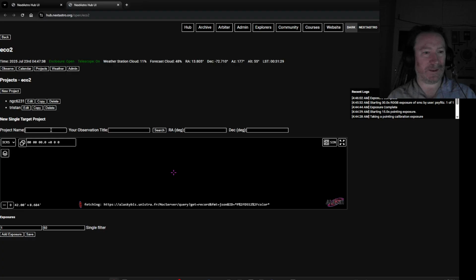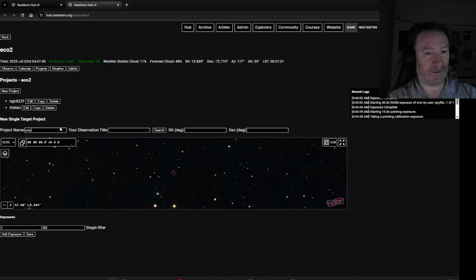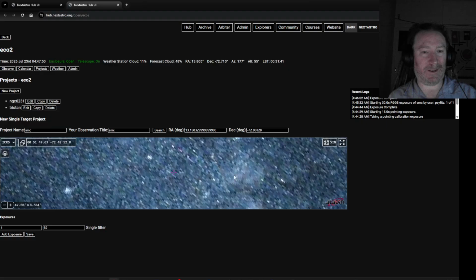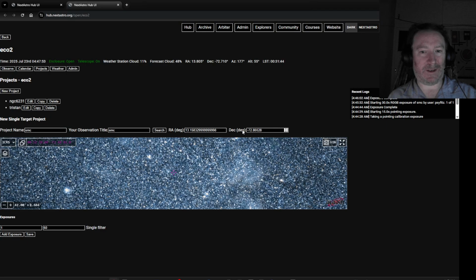So here we have the project. I'm going to call it SMC. The observation title, SMC. Okay, search. This should pop up small Magellanic Cloud in here. Gives me the RA and Dec. Okay, exposures. So here I could put in multiple filters, but I don't have